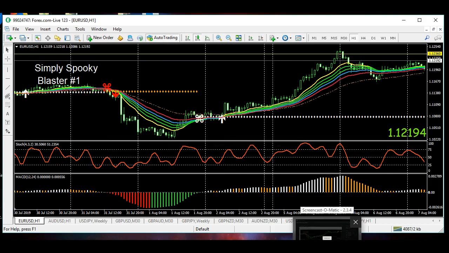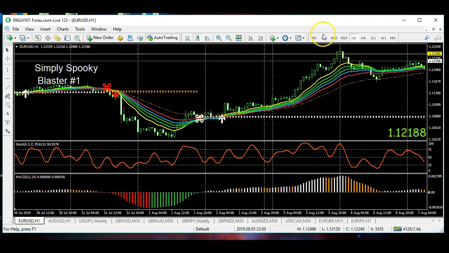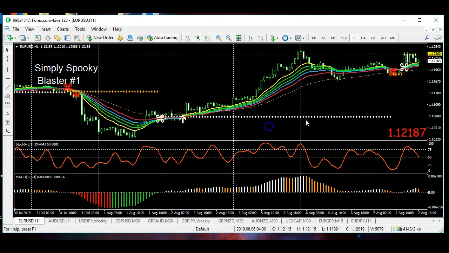Okay, fortune hunters, the purpose of creating this variation template, Simply Spooky, is to show you can develop your own models of this basic idea and make it more comfortable for your own personal trading style. Right now we're using a 1-hour chart of the euro and the USD, and we've had some really great trades over the last month. You can see here was Sunday night and a Friday trade. This was back on the 2nd of August going into the 5th of August, and we're recording this on Wednesday,